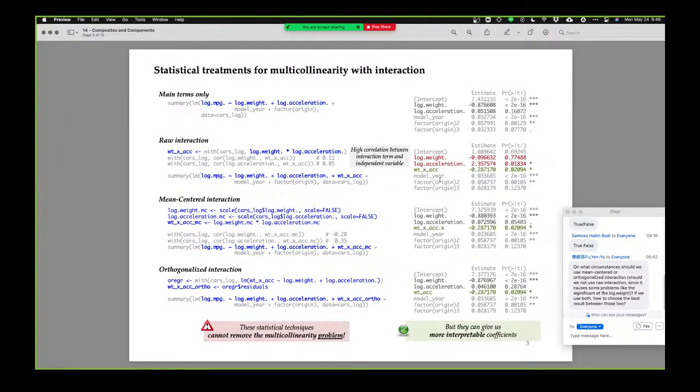Would you use the raw interaction ever? I suppose you could. And one good use of it would be to demonstrate for people that there is a multicollinearity problem. All right. So that might be a good use of it, is to just demonstrate that there's a multicollinearity problem. But if you want to just get over that and jump straight into interpreting your coefficients, just go with orthogonalization. But keep in the back of your head that you have not solved the multicollinearity problem, because multicollinearity